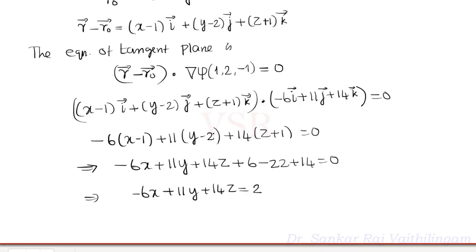Okay. So the equation of the plane, this tangent plane, is this. The equation is this. Okay. Now we need to go for the equation of the normal line. Okay, so the equation of the normal line,